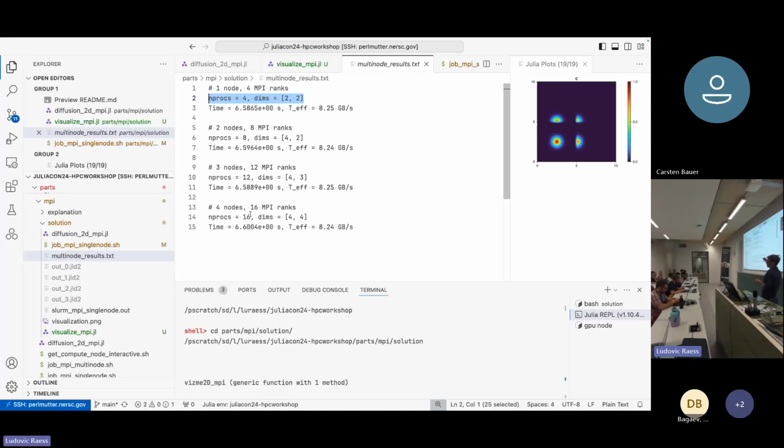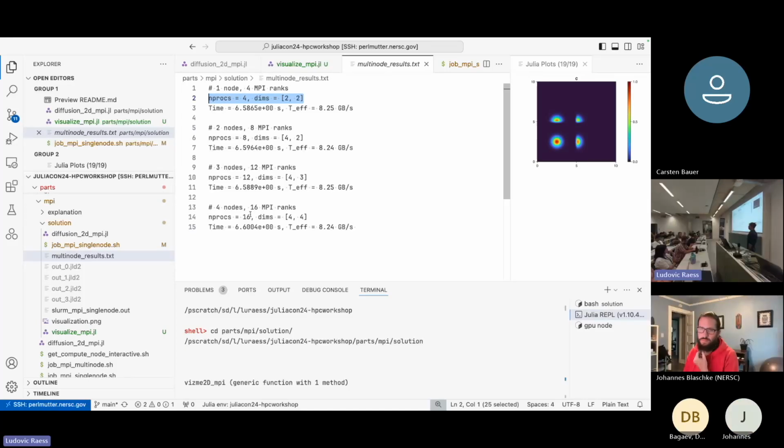Here I don't see any effect, for example, of communication. Because I increase the overall problem size proportionally with the resources, my total wall time is still the same. And that's an important concept for GPU computing and MPI, because while on GPUs, well, yes, we can see in the last